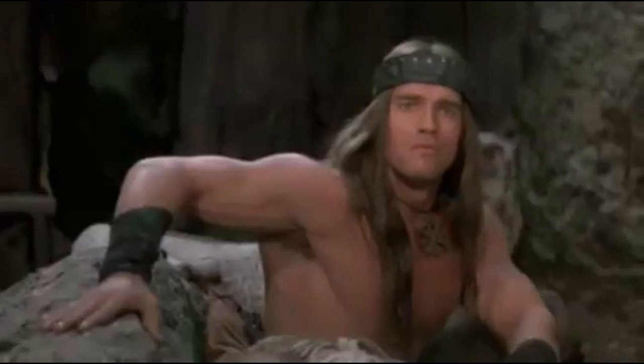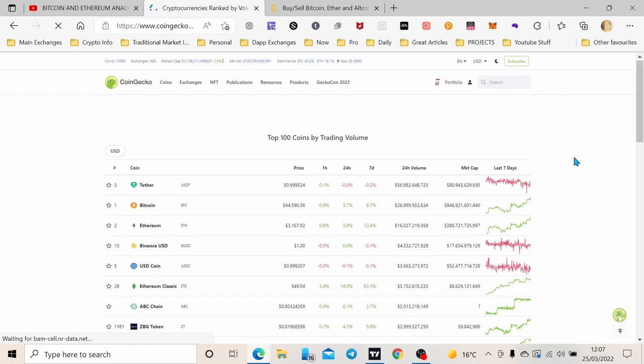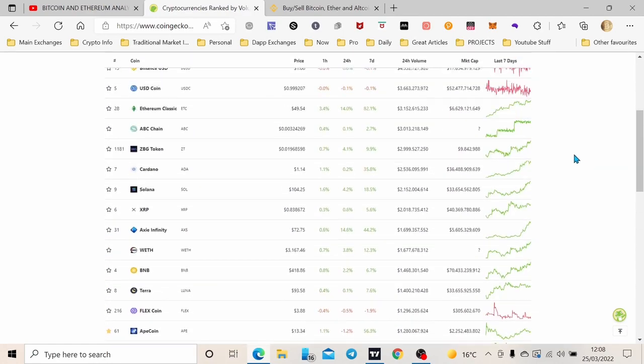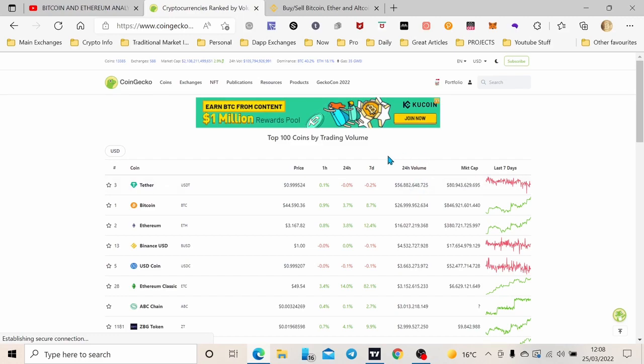Another thing. What's the relevance of that is, if you look at coins, and we have a look at high volumes, the 24-hour volume, the biggest amount of volume, nearly 57 billion, has actually been traded in Tether. So the dominance, the percentage of the market share, coupled with the fact that it's the highest 24-hour volume, generally speaking,